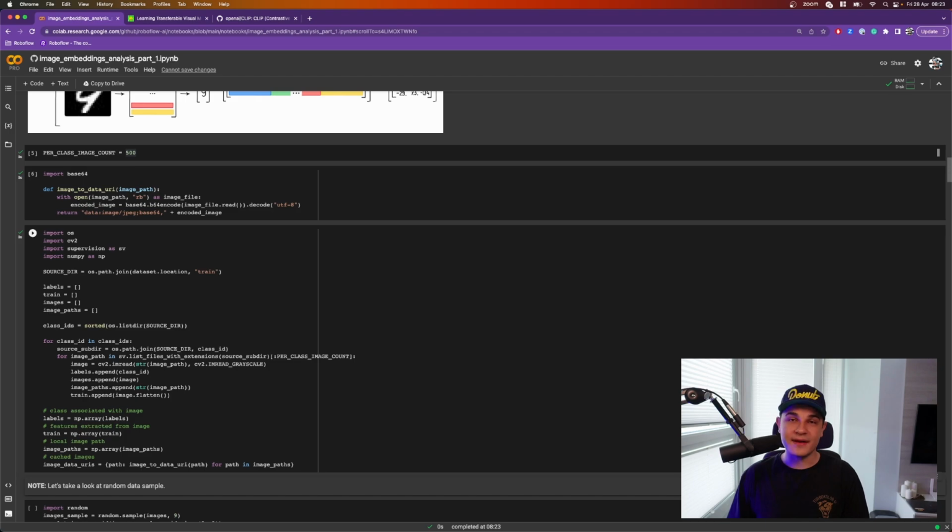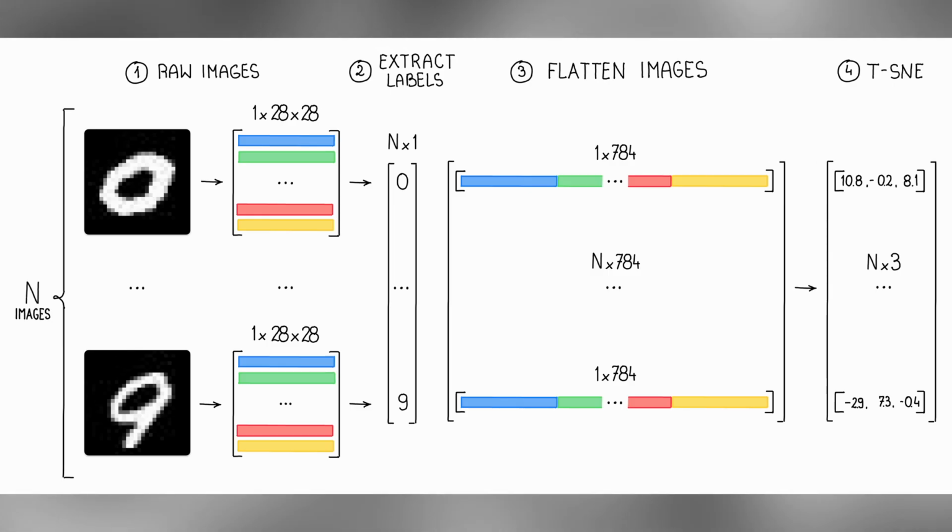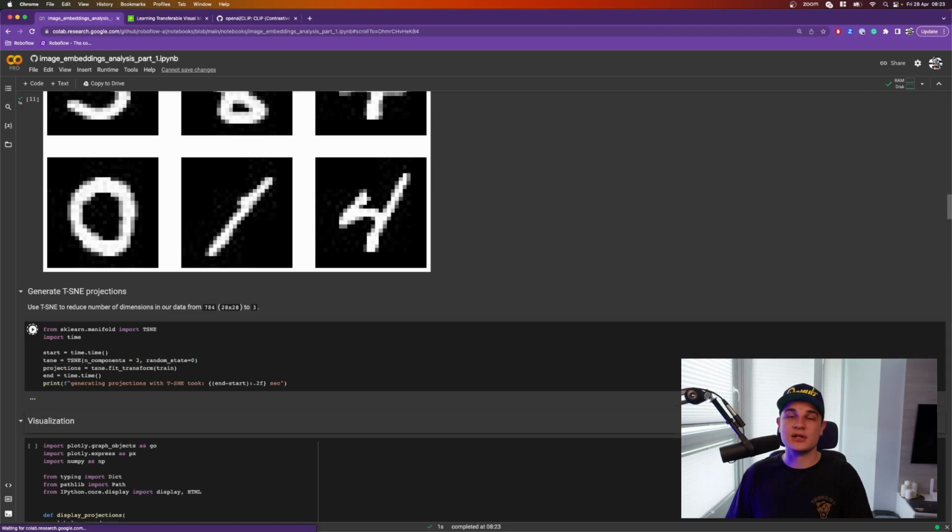We will load 500 images of each class and just reshape information describing those images into the format that is consumable by T-SNE, which is a 2D NumPy array where every row describes a single image, and the shape of that NumPy array is n by 784. When all that processing is completed, we can just import T-SNE from sklearn and run the fit method using our train